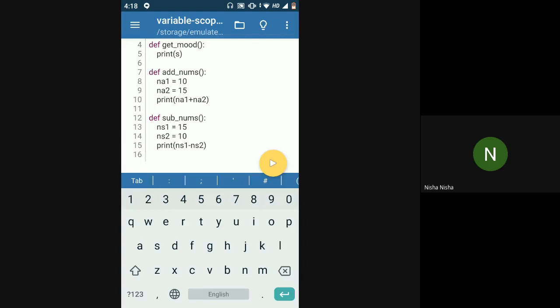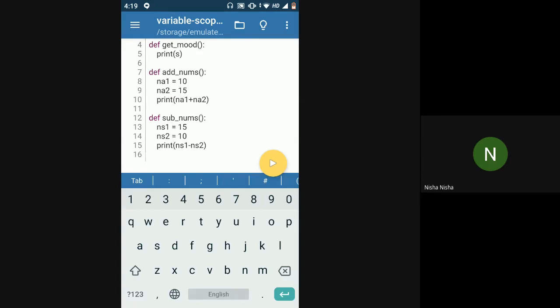In the addition function, we are declaring two variables. These two are the local variables. Why are they local? Because they are declared inside a function and cannot be used outside this add nums function. They can only be used inside it. That's why they are called local variables.